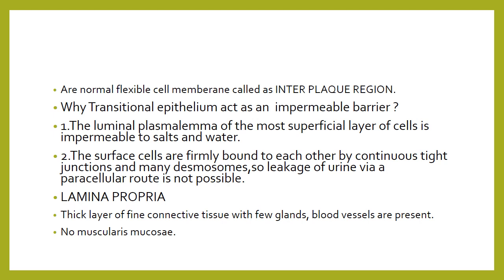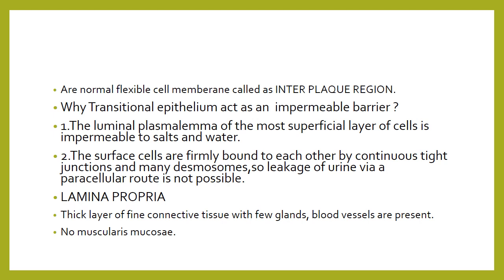So we have discussed the epithelium, which is a part of the mucosa, in detail. What is the epithelium, transitional epithelium? What are the names of the layers present in the transitional epithelium? What are the characteristic features of the different layers of cells in the transitional epithelium in an empty bladder and in a distended bladder? In the empty bladder, what is the characteristic of the mucosa? It is thrown into folds, while these folds disappear when the bladder is distended with urine.